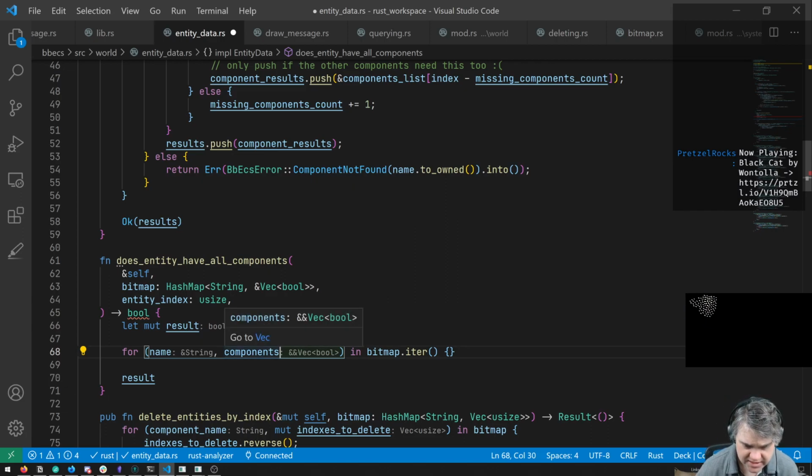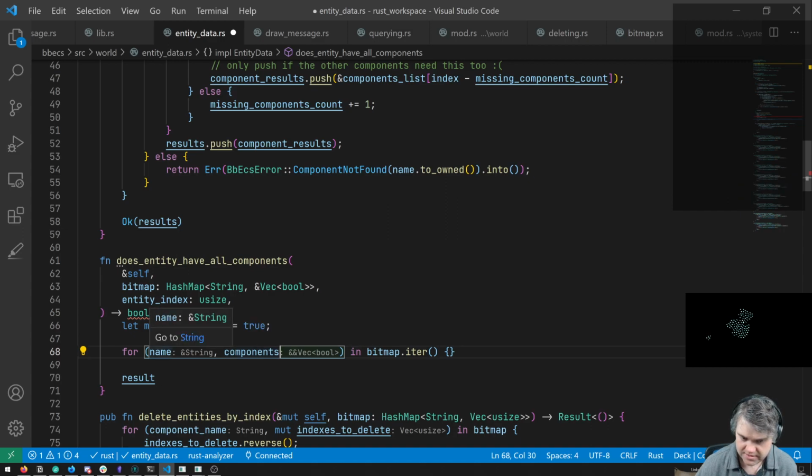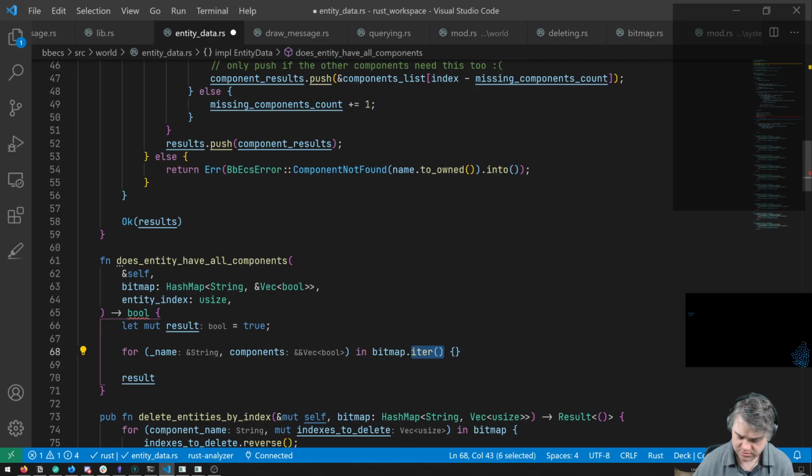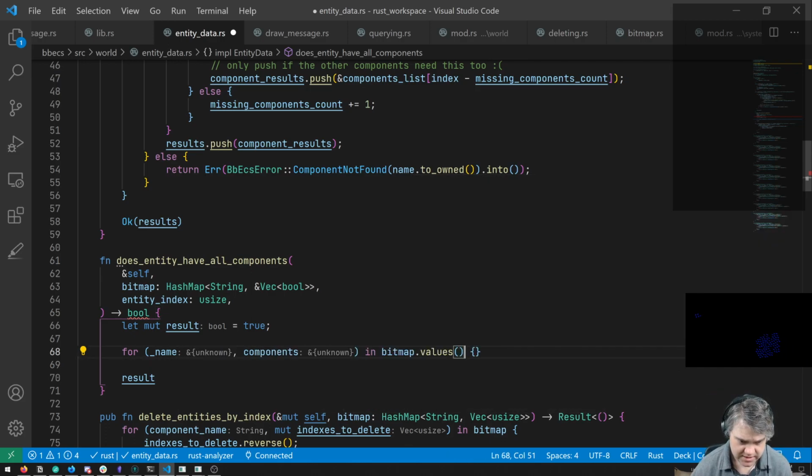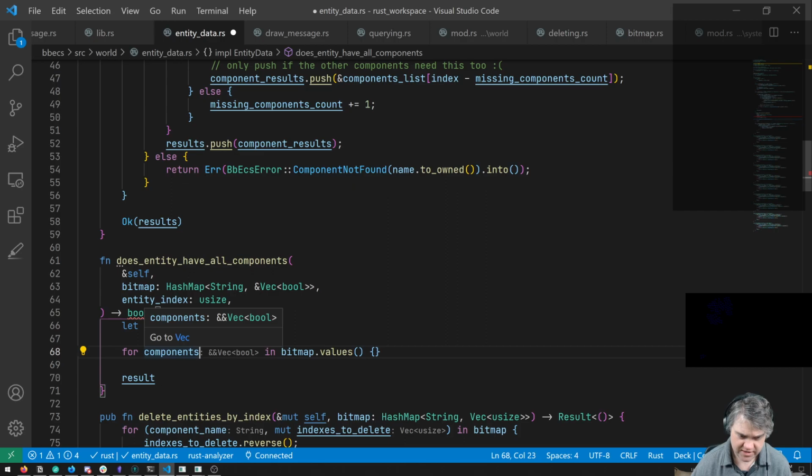Okay, so if I do that, and I don't really care about this name at all, do I? I just care about these components. So I can do dot values, and then it's really just these components, which gives us the vector of booleans. We have the entity index in here.